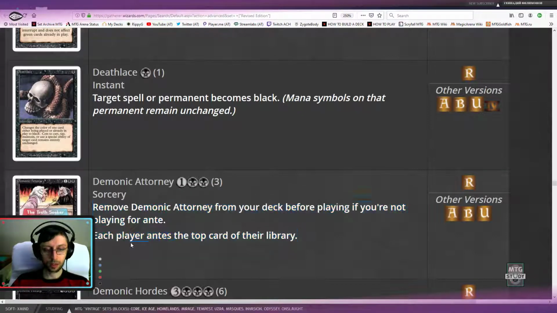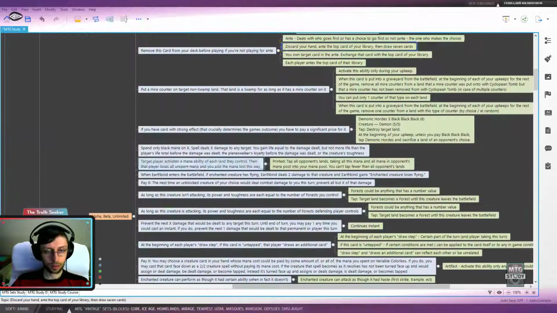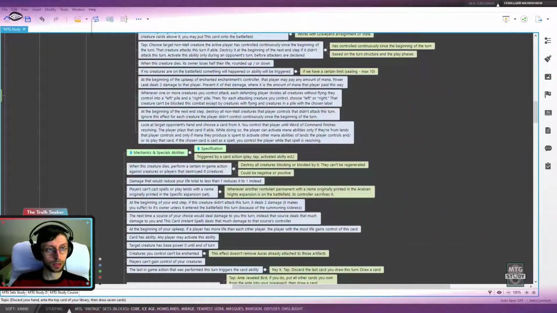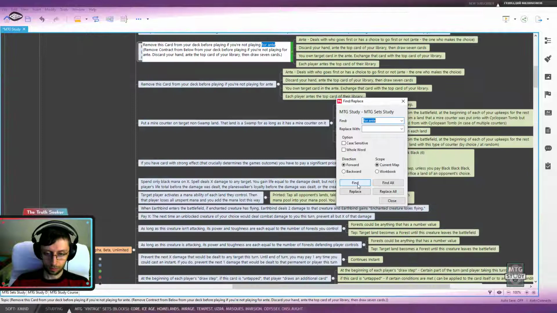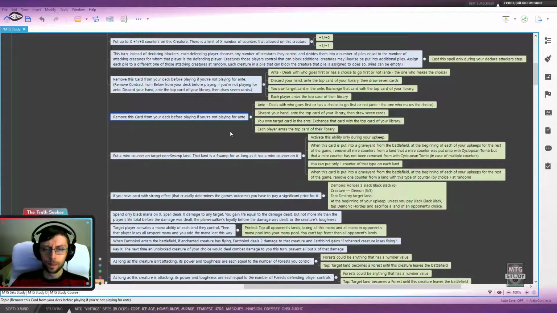From the deck before playing it, and each player antes the top card of the library. So again, another thing with ante. So let's just get back to the ante, find replace. No, just ante. Yes. Until the top card of the library. Why do I have 2 of those things? Please tell me. There are just duplicates. Let's just delete this one, because this one basically...